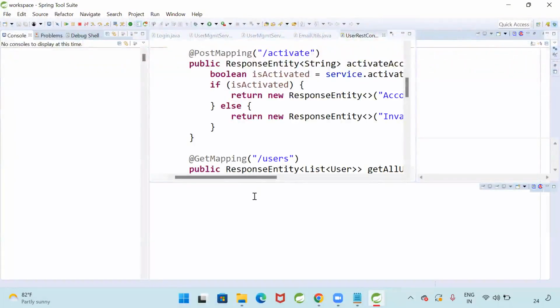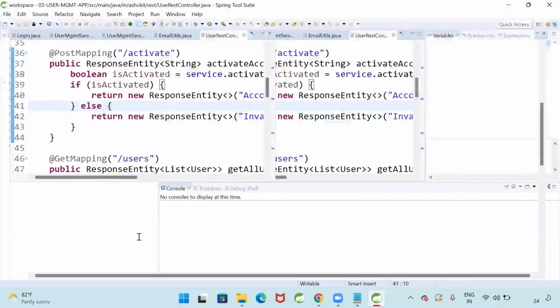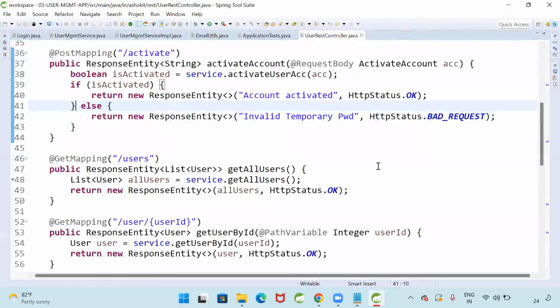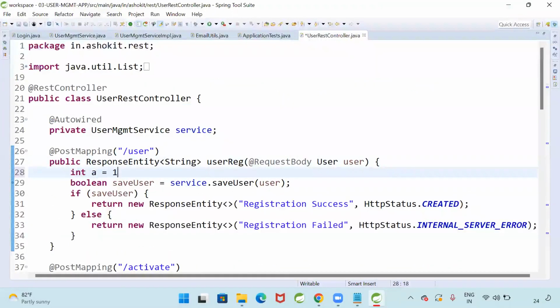For example, here I have a Java program. Yes, in this Java program, for example, I am taking int a is equal to 10. I don't want to execute this line. Then what should I do? Double slash. If I keep double slash, the line color changed. It became blue. What is the meaning of that? That line is commented. When I compile my program, that line will not be compiled.